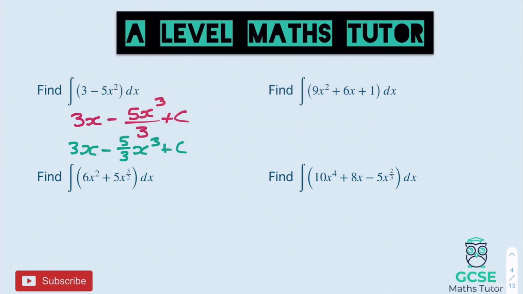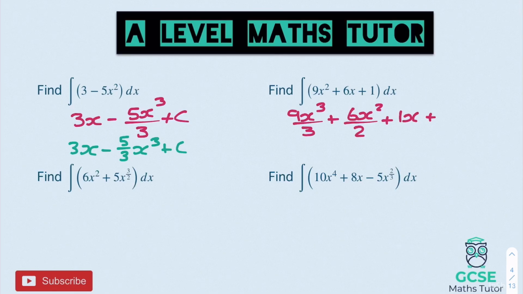On to the next one, depending on which way you've gone, we'll go to the right. So for this one here, increase the power, so we have 9x cubed, and we're going to divide that by 3. Then we've got 6x squared, divide that by 2, and then we've got 1x, and we're going to divide that by 1, so I'm not going to write plus 1, divide by 1,